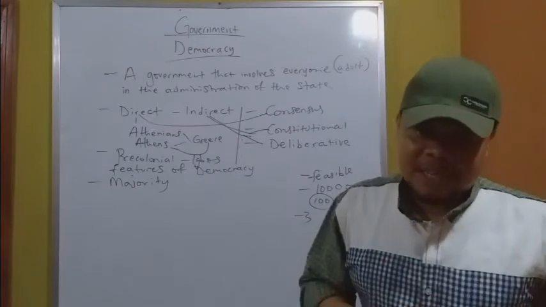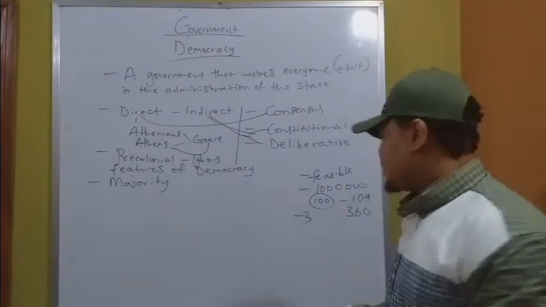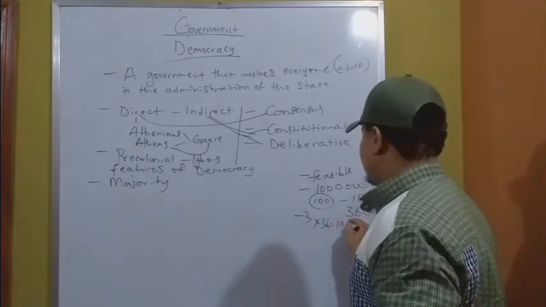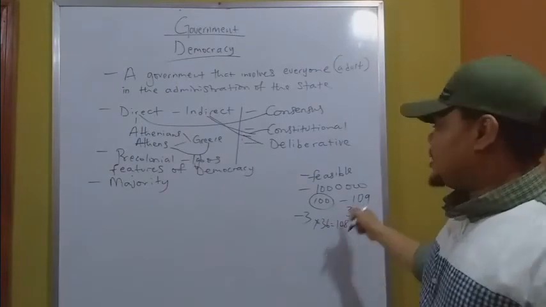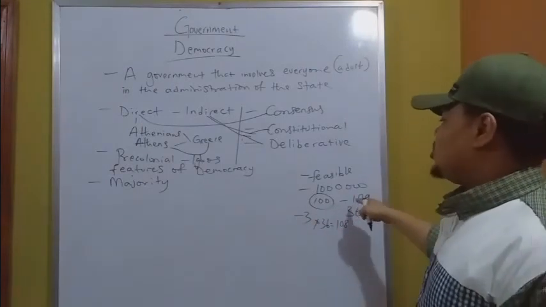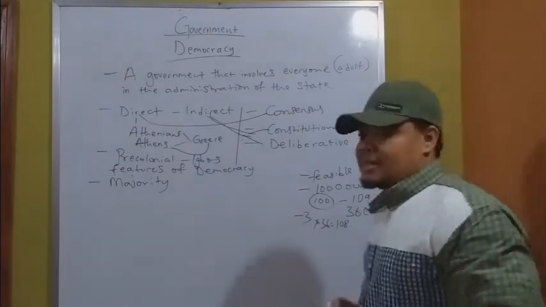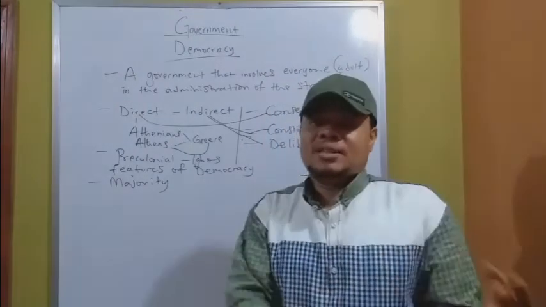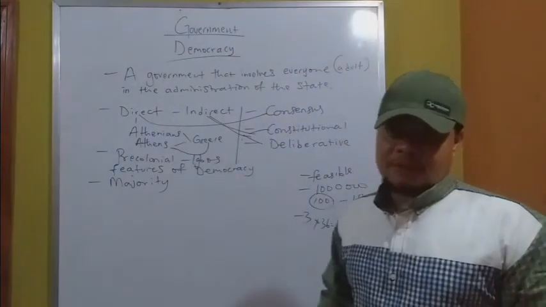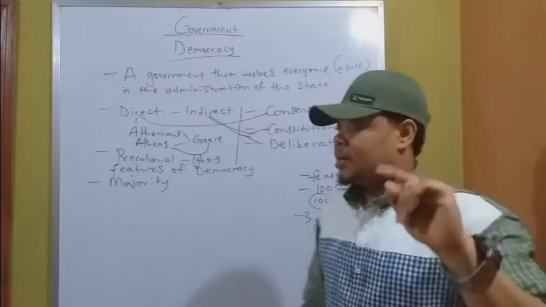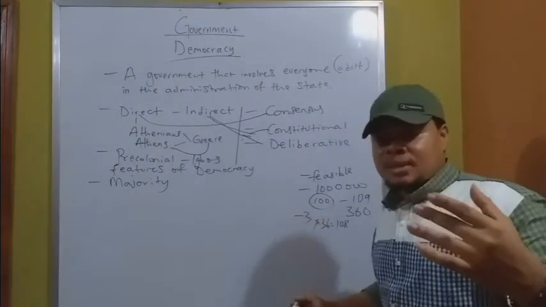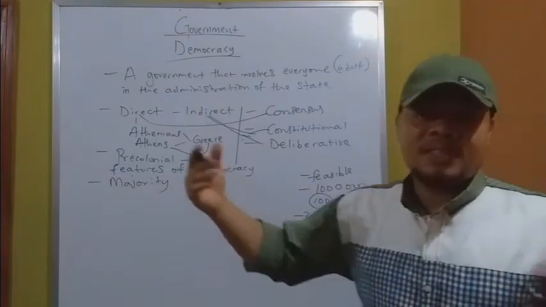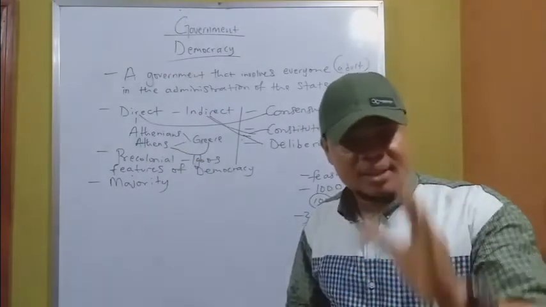Now we have 36 states of Nigeria. So 3 times 36 we get 108. Now the 109th member, that is the 109th person that makes up the 109 members in the Senate, is from FCT Abuja. So every state of Nigeria has 3 senatorial districts, that is 3 senators representing them. But FCT Abuja, which is not a state of Nigeria, of course, it is the Federal Capital Territory, has 1 member. And each state is represented by 3 members of the Senate, irrespective of size, whether the state is large or small. It has only 3 senators.